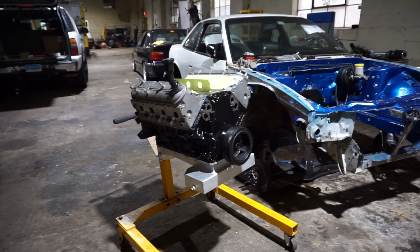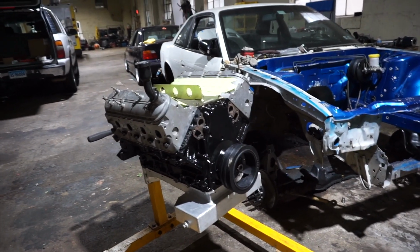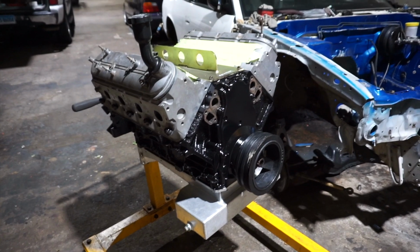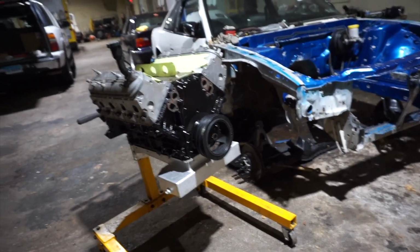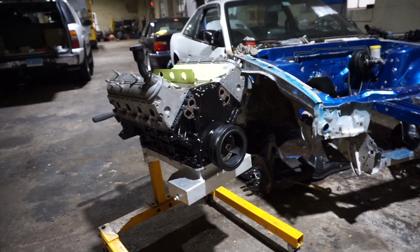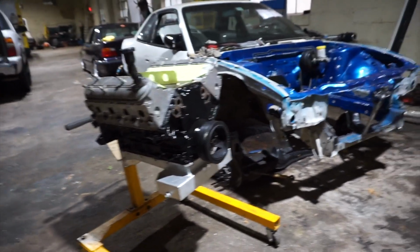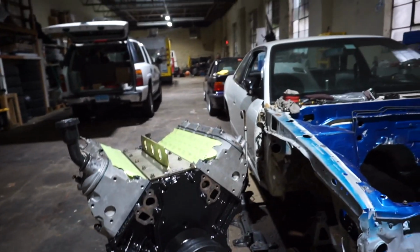So I gave it a little refresh, resealed it, you know, the usual front and rear cover gaskets, did the aluminum oil bypass barbell thing. I just want this thing to be strong, never lose oil pressure. We're planning on running an Accusump because a dry sump is kind of out of the question as far as the budget is concerned right now. So it's going to be a pretty simple build, I guess you could say, as far as an